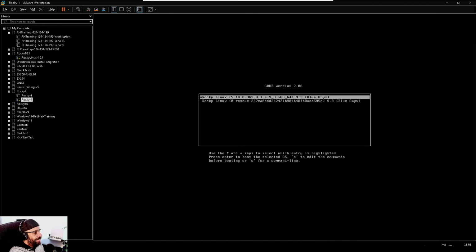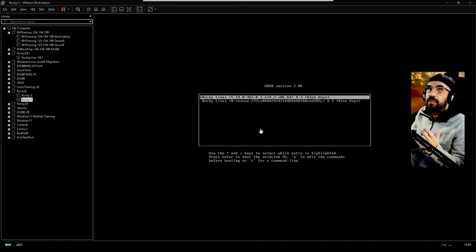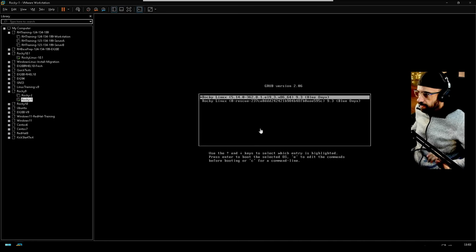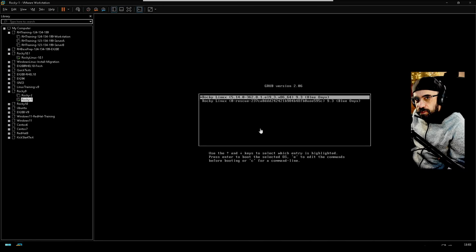So RHEL 9 is probably the most known one, I suspect. So this is RHEL 9. I have interrupted the grub and we are at the grub boot process. And now we're gonna do the procedure using RHEL 9. You should know how to reach this point, but I just interrupted the grub